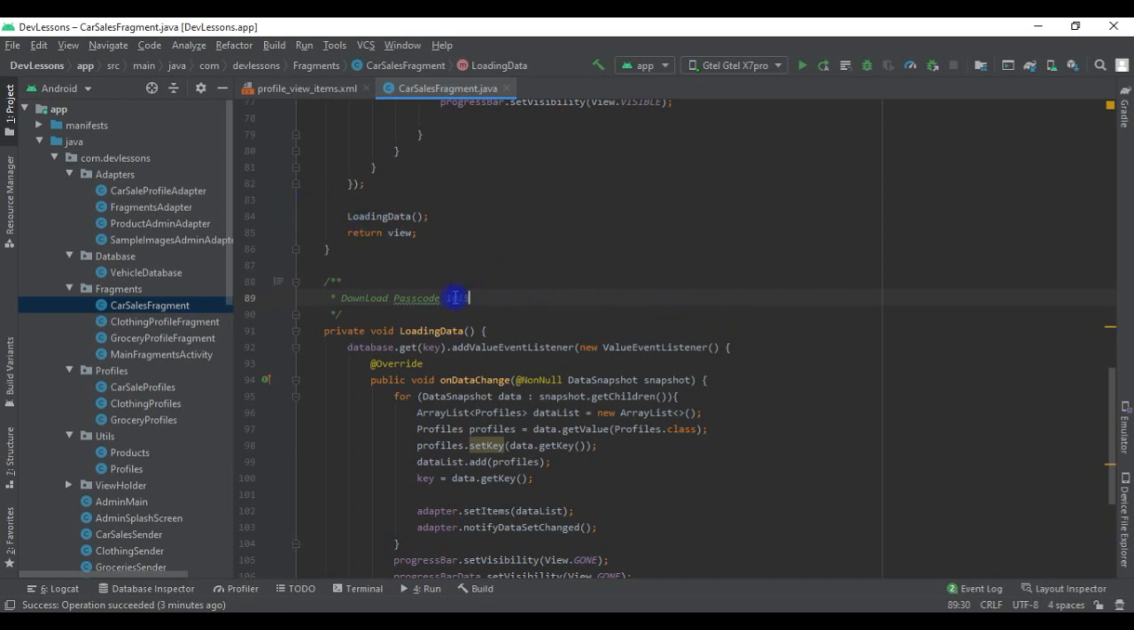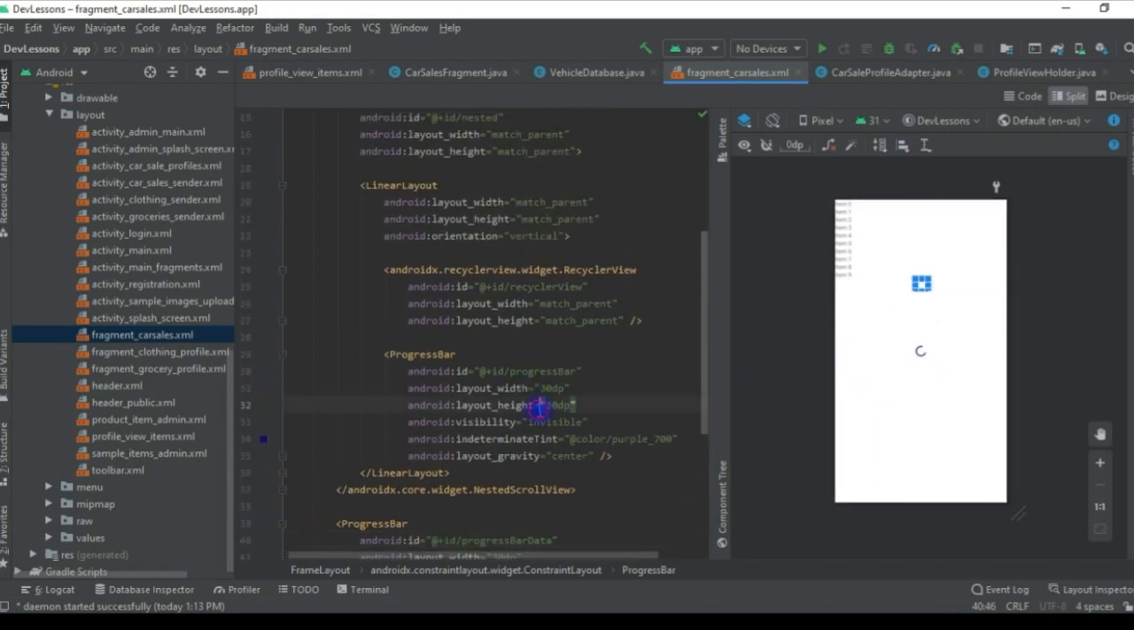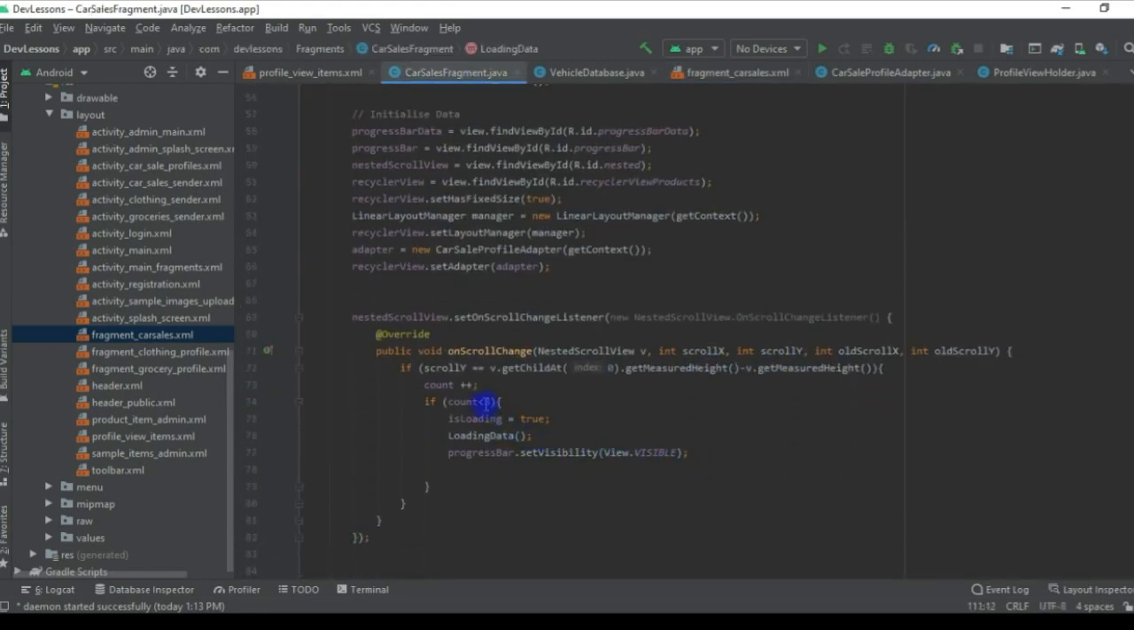Okay, so it's now fine. So you can use this password to download the source code. Here, this progress bar will continue when the data is not captured, but this one is invisible. So if we scroll the data to the end, then we make this progress bar visible after scrolling up to